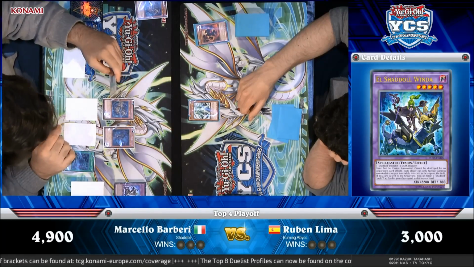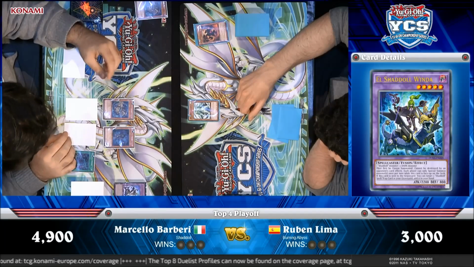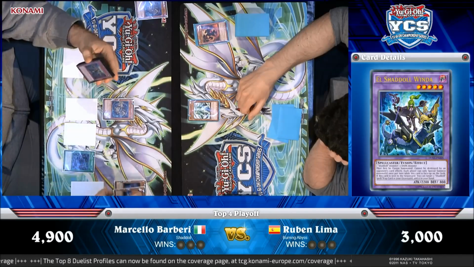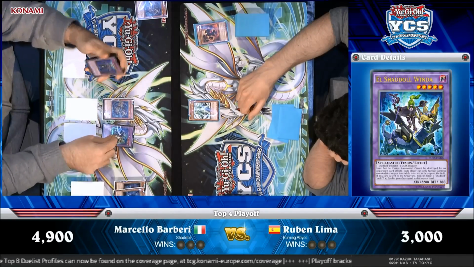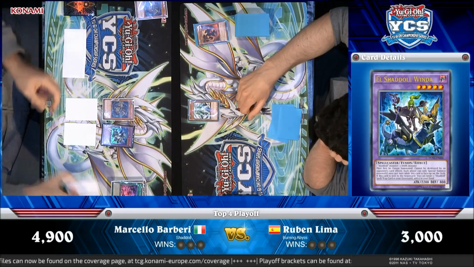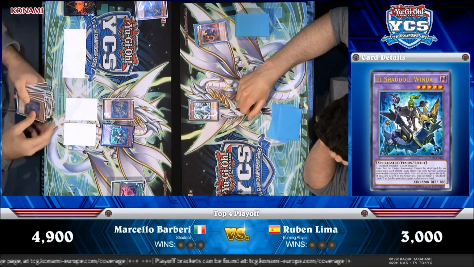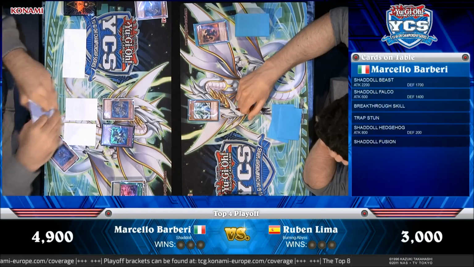So now he's putting a lot of damage on the field by using a second Shaddoll Fusion in that game. But he's using monsters from his side of the field, so that is kind of bad for him. It's not the most viable way of getting it, but if it gets the job done, then...